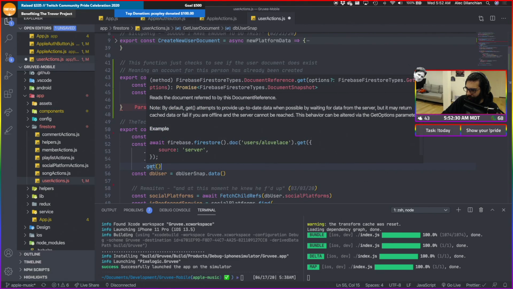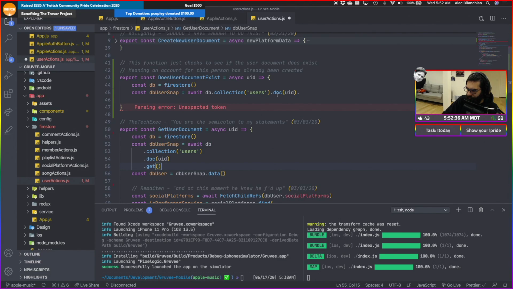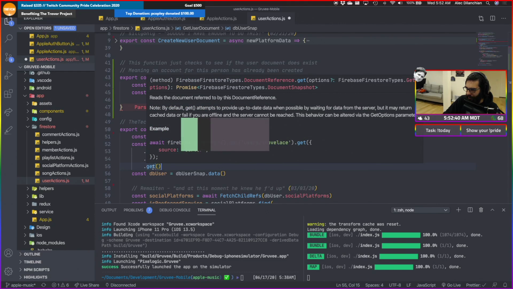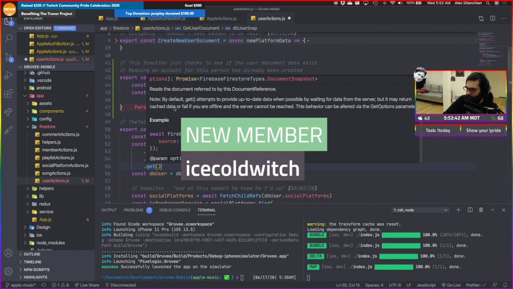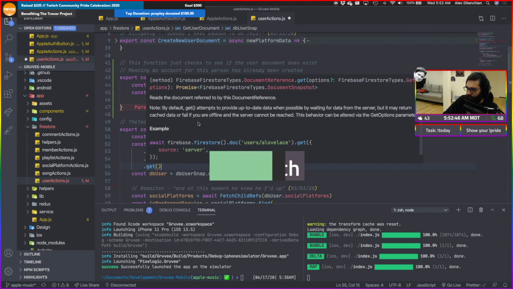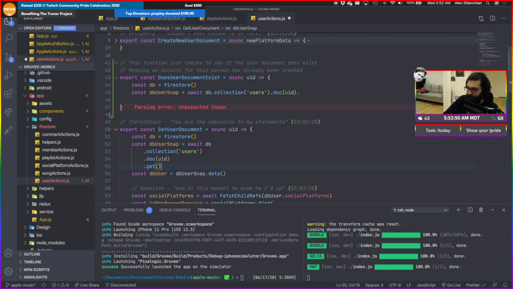Yeah, get actually reads the document referred to by this document reference. So maybe we do want to do get here. Document snapshot.